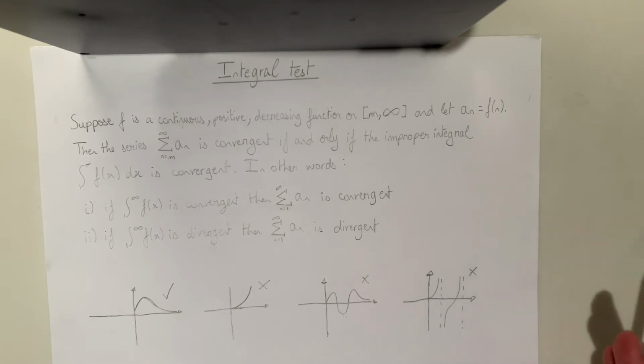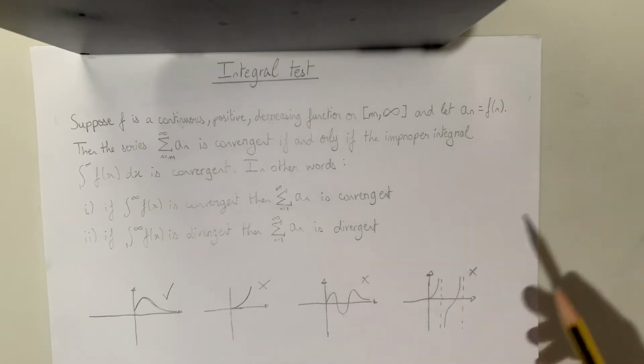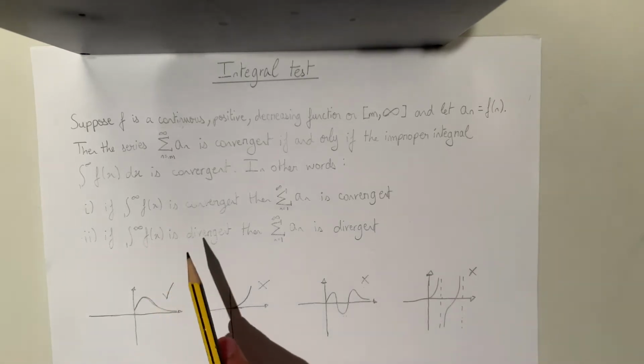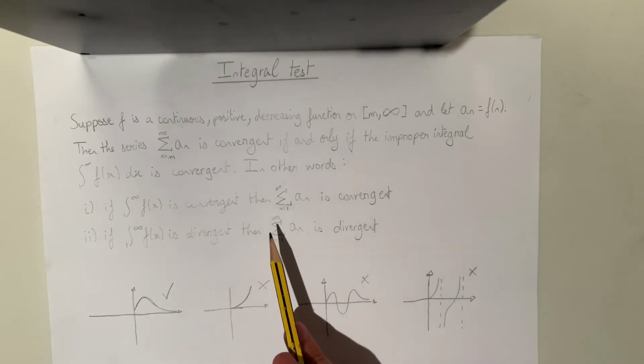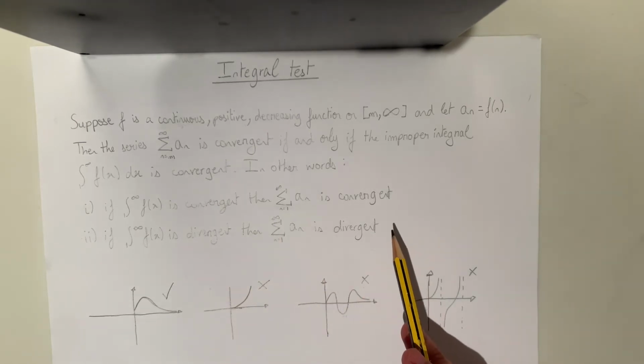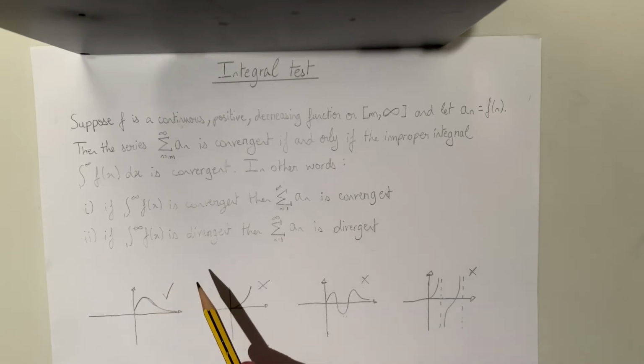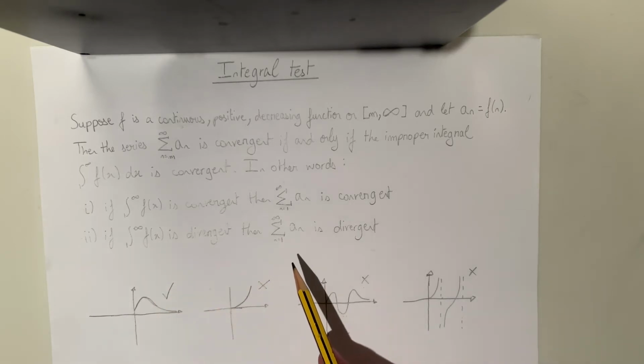So this is its formal definition. Feel free to pause the video right now and give this a read. Essentially what it's saying is that if the function of a series f of x is convergent, then the series is also convergent. And if the function of a series is divergent, then as you've guessed it, the series is